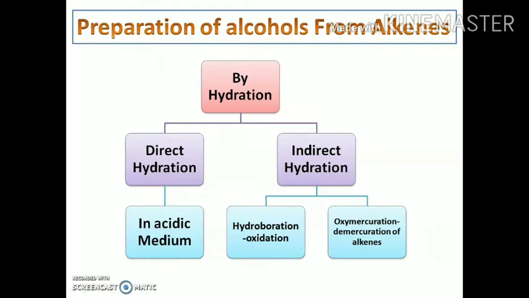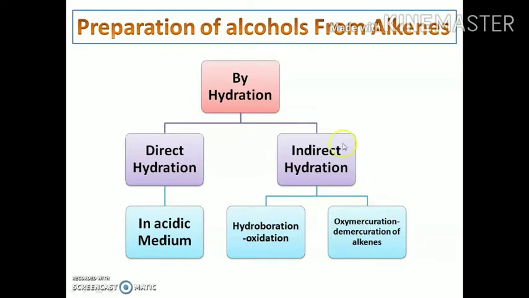The first method of preparation of alcohols is from alkenes. We can prepare alcohols from alkenes by hydration. Hydration means the addition of water. We can add water to alkenes by direct hydration, in which we use an acidic medium as a catalyst. The second is indirect hydration, in which we can use hydroboration-oxidation and oxymercuration-demercuration